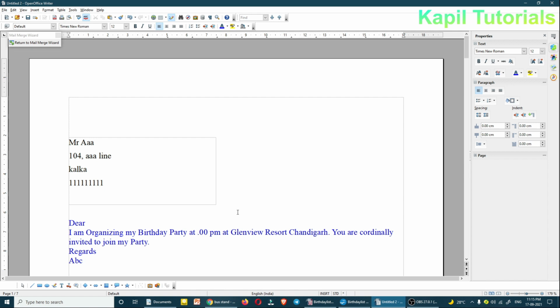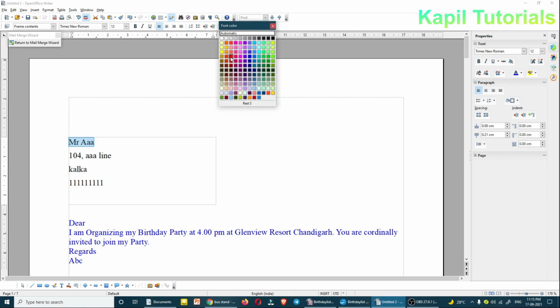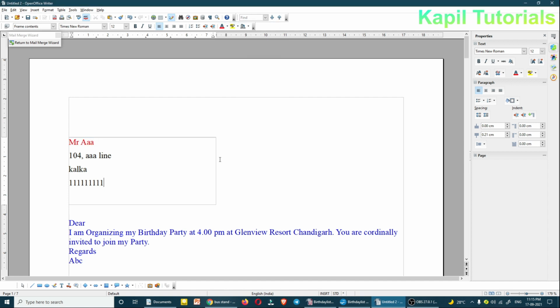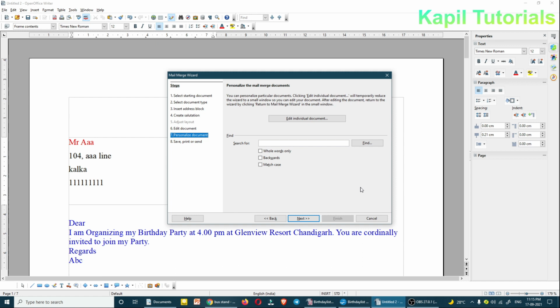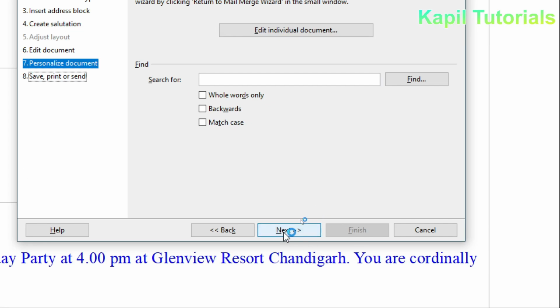I want to make it 4 p.m. and change the color into red, suppose, and return to mail merge, and then afterwards I'll click upon next.